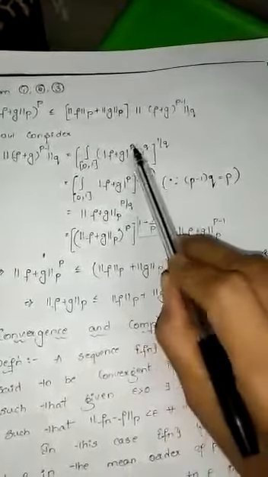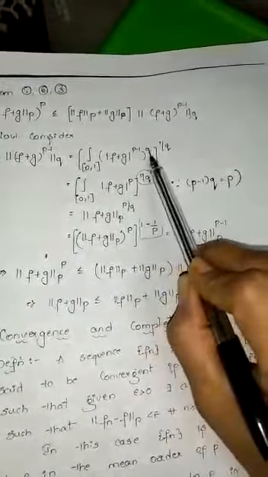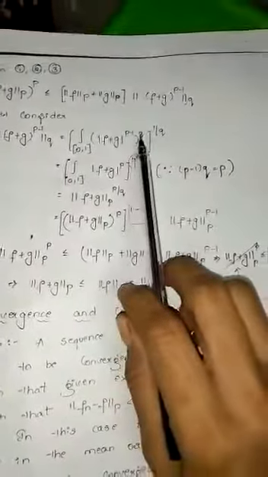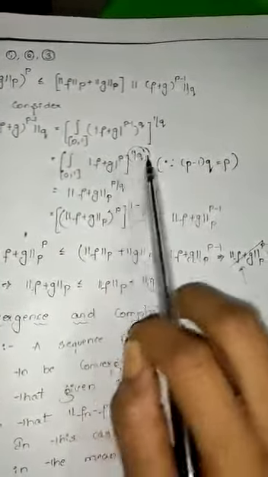Now if you carefully observe, this is p minus 1 times q. So p minus 1 times q is nothing but p, which we have already seen over here. You can just see this, girls. P minus 1 times q is nothing but equal to p. So the same thing I have substituted. This complete thing will become your p, whole power 1 by q. So which is nothing but p by q.